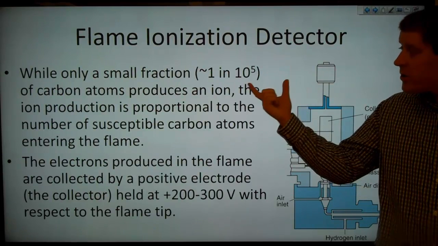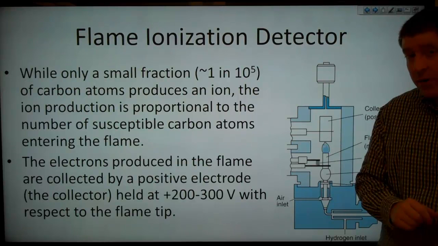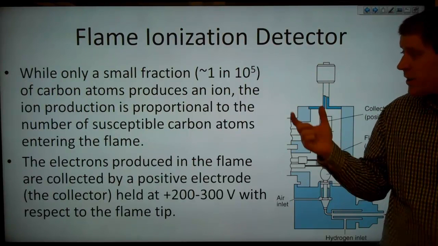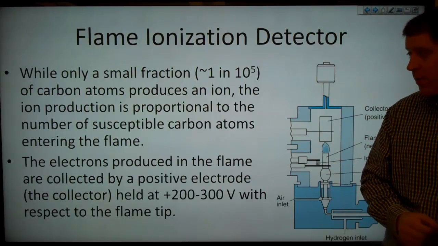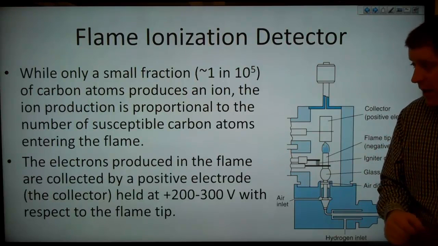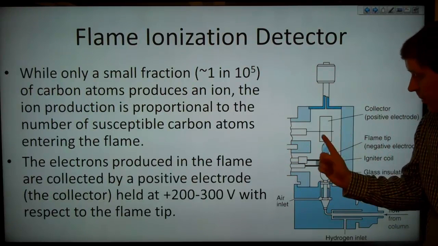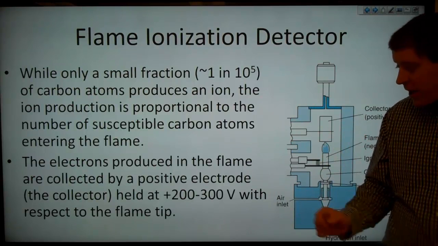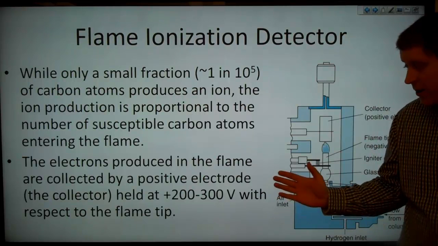So while only a small fraction, maybe 1 in 10 to the 5th, so 1 in 100,000 carbon atoms, produces an ion, the ion production is proportional to the number of susceptible carbon atoms entering the flame. And the electrons then produced in the flame are collected by the positive electrode. This is the collector up here, which is held at around 200 to 300 volts with respect to the flame